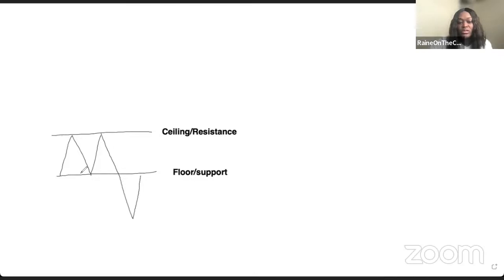The floor is now going to be the ceiling, and I will possibly look to enter here. It could do this, it could do this, and then continue down. That's one possibility. It could just come up and just go down. That's a possibility. Another thing that could happen, it could break above,